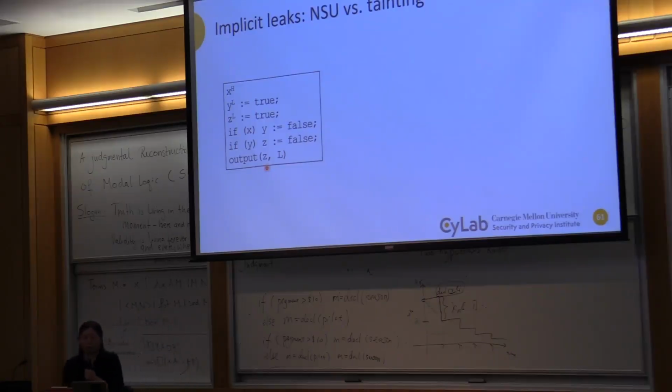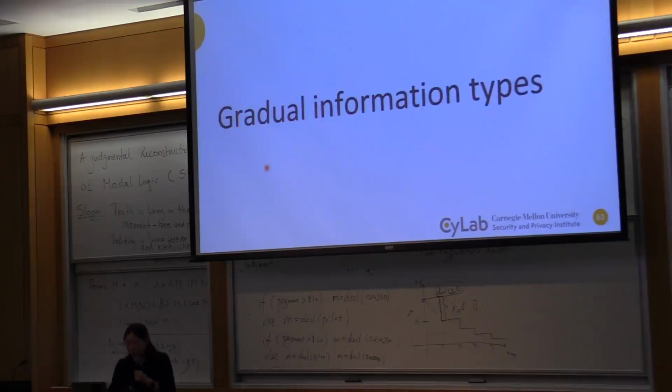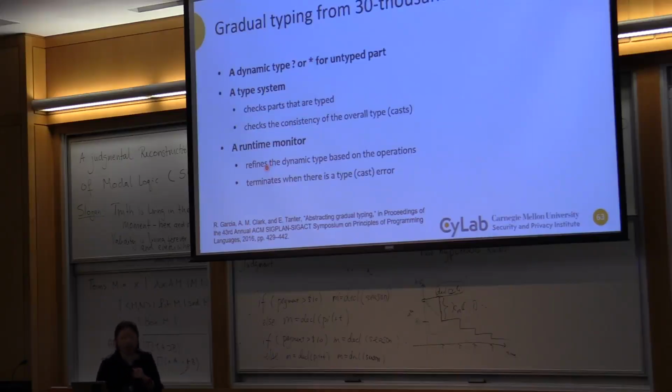Okay. All right, so now I want to do gradual typing in the next 10 minutes. So again, gradual typing is like this idea where if you ask programmers to write types, maybe they will never use it. So therefore, we're going to do this dynamically. We're going to allow programmers to use question mark or star, depending on the paper, basically saying that, hey, I don't know what type it is, deal with it.